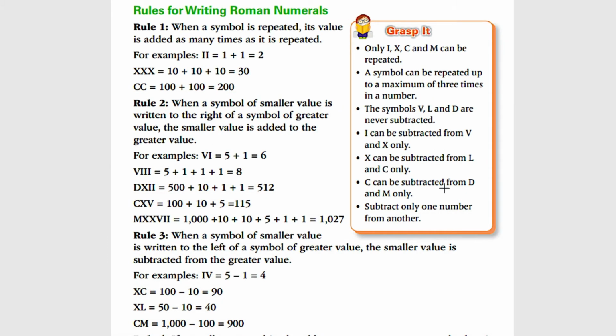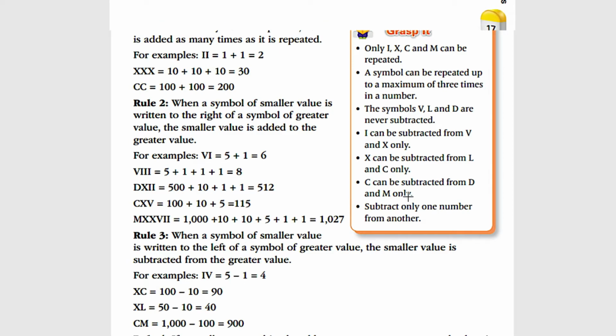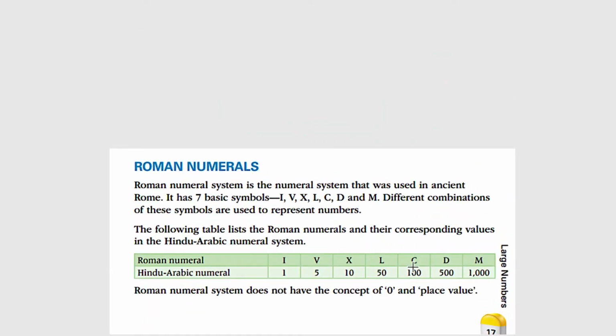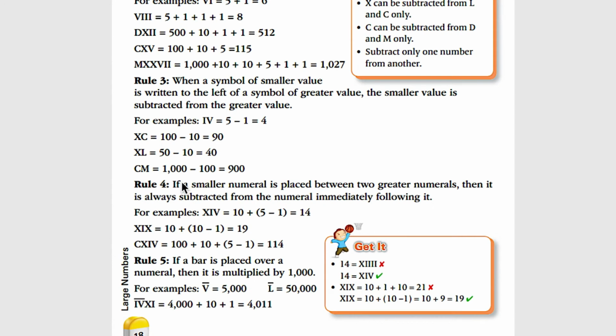Then C can be subtracted from D and M only. So C के बाद D और M larger numerals लिख सकते हैं, and C can be subtracted from D and M only. But the letter symbols V, L and D cannot be subtracted. So V, L और D के बाद हम larger numerals नहीं लिख सकते. Now rule number 4. If a smaller numeral is placed between two greater numerals, then it is always subtracted from the numeral